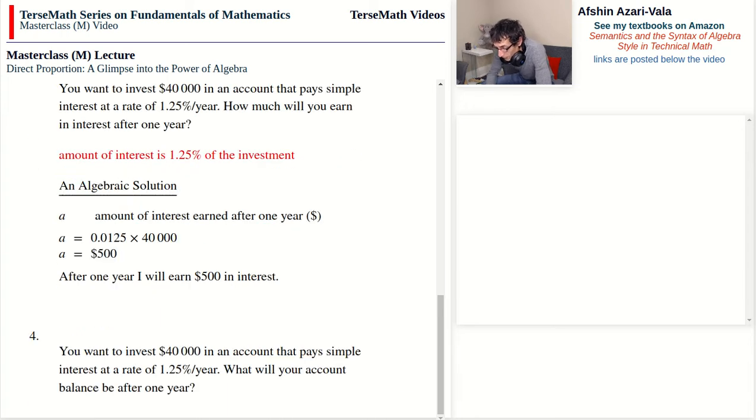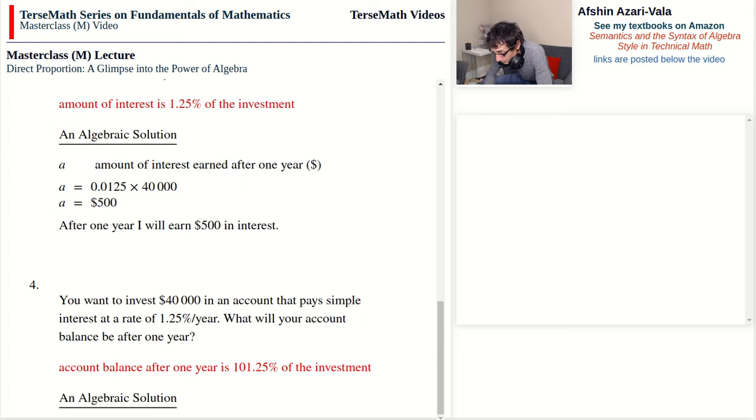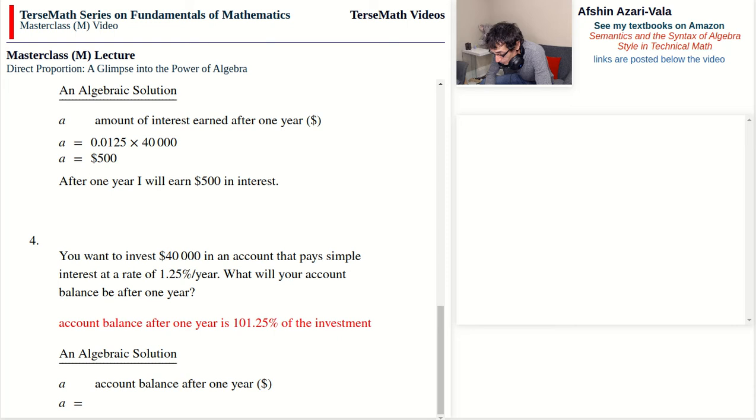Problem number 4, same kind of investment. You want to invest $40,000 in an account that pays simple interest at a rate of 1.25% per year. What will your account balance be after 1 year? So here we're looking for the grand total, the initial investment and the interest on top of it. And the key sentence is: account balance after 1 year is 101.25% of the investment. For an algebraic solution, with A representing the account balance after 1 year in dollars, A becomes equal to